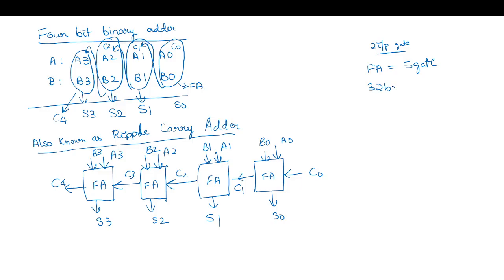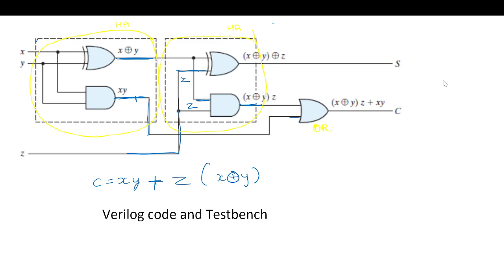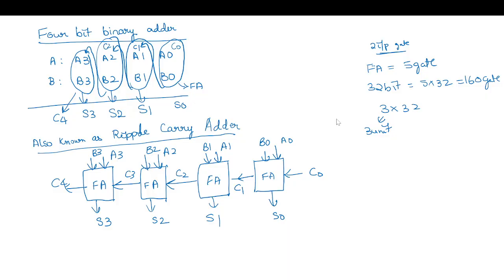That means for 32 bit, we need 5 into 32, which is 160 gates, and 3 into 32, if we consider each has 3 units of delay, because it's one XOR and then OR on this path, so 3 units of delay. That means we get 96 units of delay